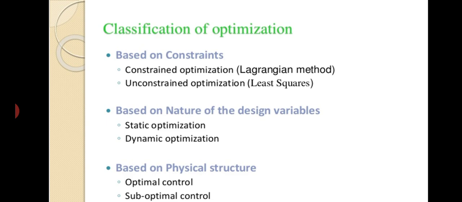In the static optimization, we already discussed, static optimization is concerned with controlling a plant under the steady state condition. That is, the system variables are not changing with respect to time, and the plant equation is defined generally using the algebraic equation. The techniques to solve the static optimization problems are generally ordinary calculus, Lagrangian multipliers, linear and nonlinear programming, NLP.